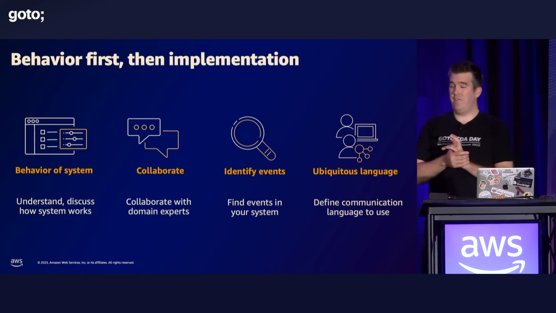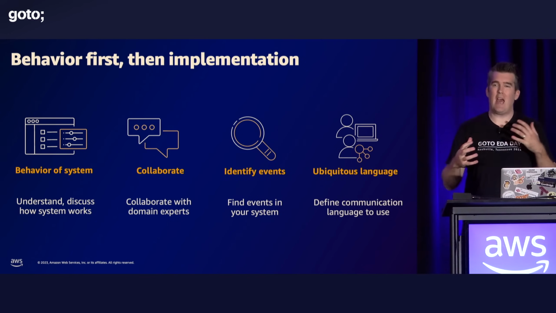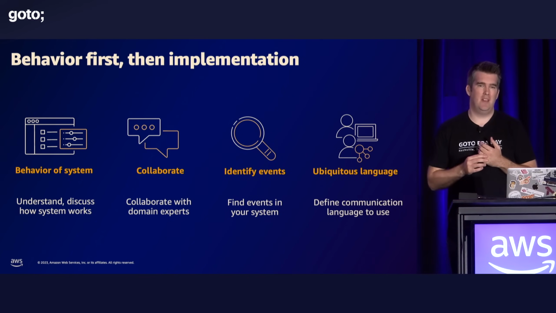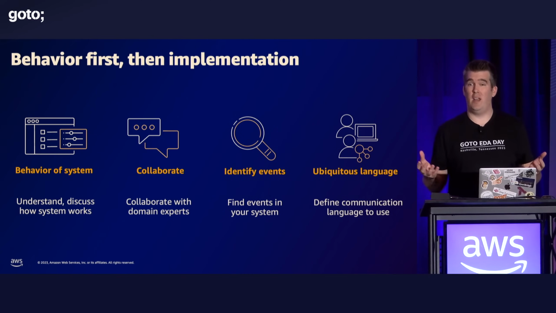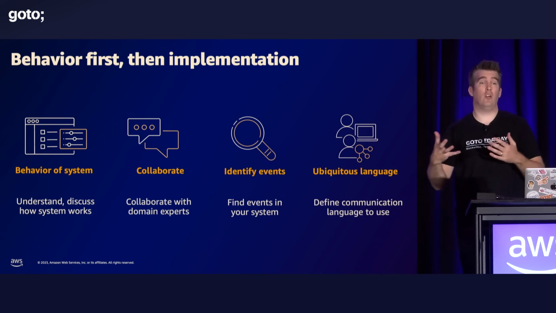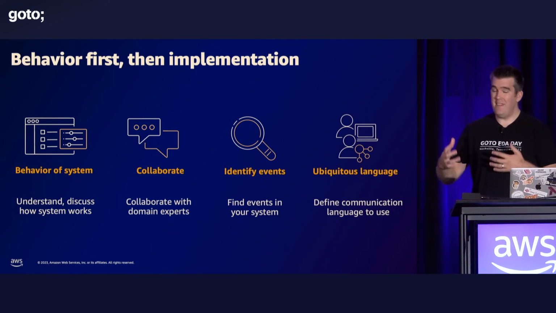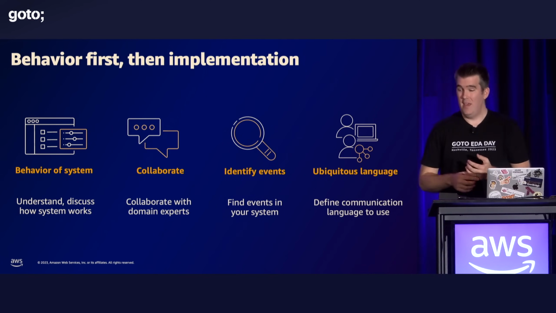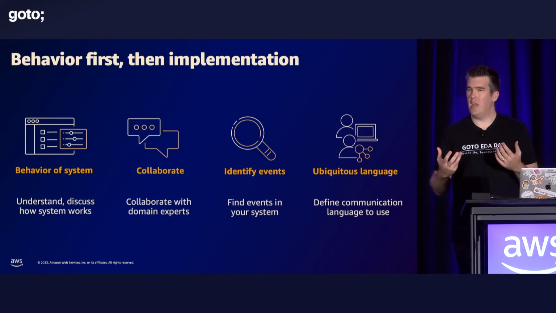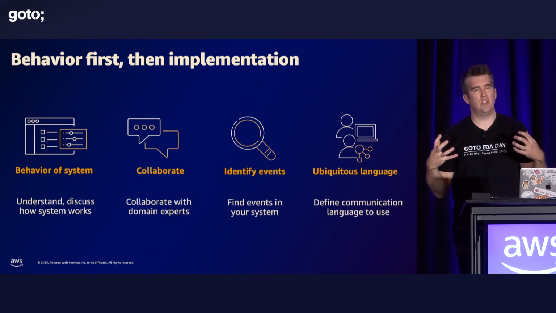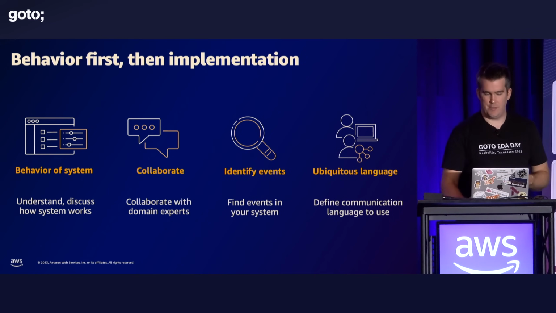When we do implementation first, what we mean really here is understanding the behavior of our system and collaborating with domain experts, figuring out where the boundaries of the systems are, identifying events in your system. Events can sometimes be technological things, but there might also be business domain events, things we're interested in. So getting the experts in the room together and collaborating. And also this idea of a ubiquitous language, talking about policy, talking about terms that make sense within our boundaries in our organization, can really help as we scale our event architectures.